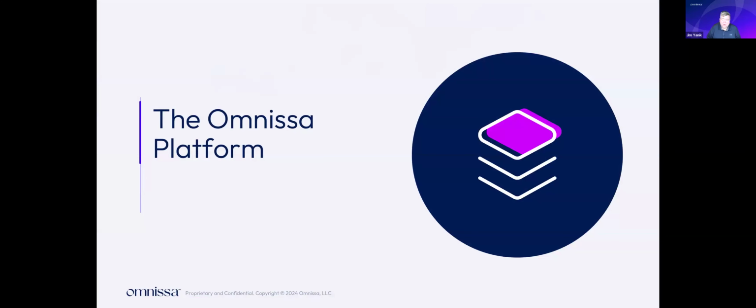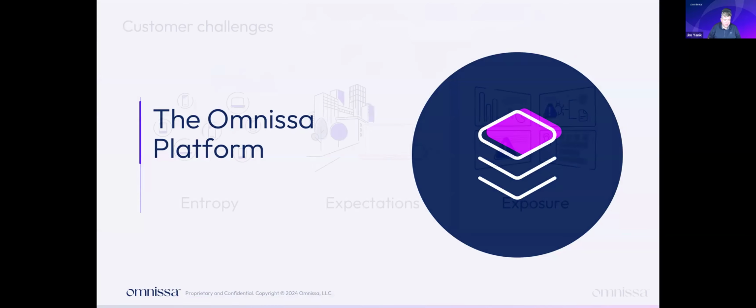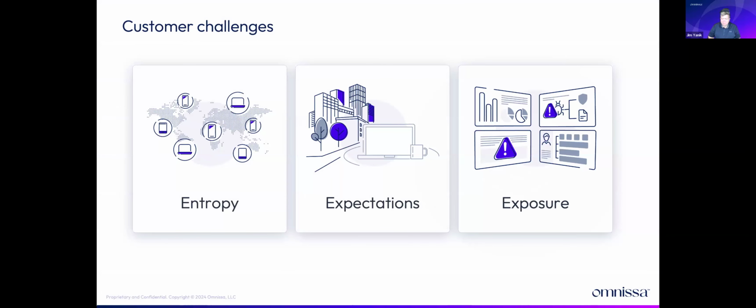We're going to start with what is the Omnissa platform. A bit of introductory information and just a little bit of level setting. Over the last 4 years, the pandemic, which we all lived through, changed a whole lot of things. We took everybody who was working in an office and sent them home and scattered them all over the place. So things became a lot less monolithic, and a lot of entropy got introduced. We have new devices to deal with, new locations, new network connectivity. A whole lot of things have changed that has put a lot of pressure on IT in general.